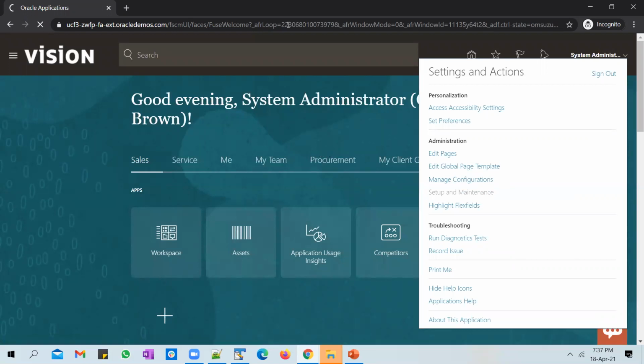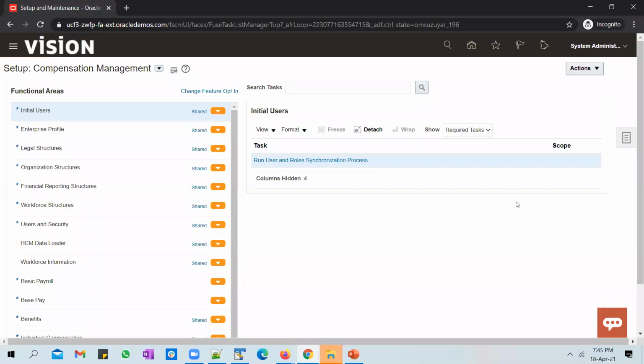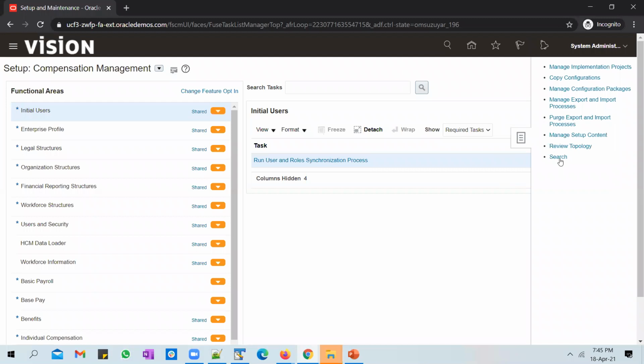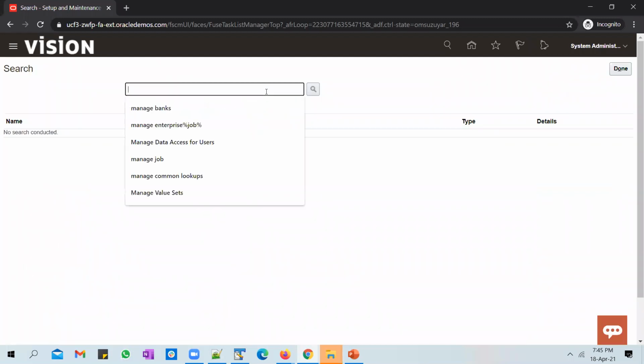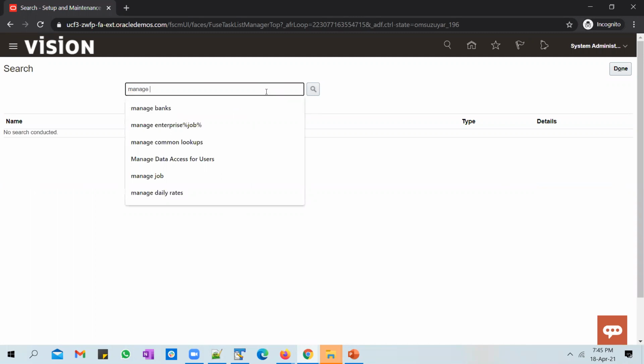Let's go to setup and maintenance. Okay, let's go ahead and validate the DFF setup by creating a job. Let's go to common search and search for job now.